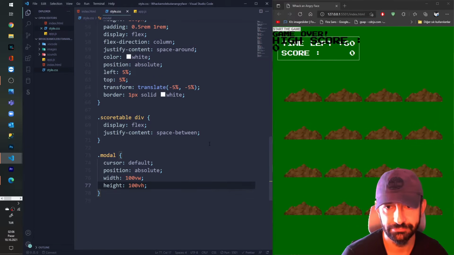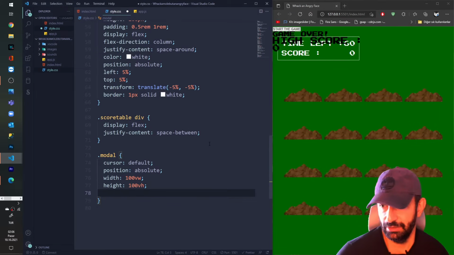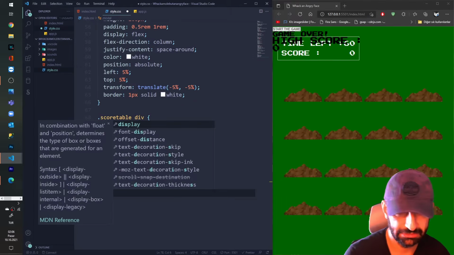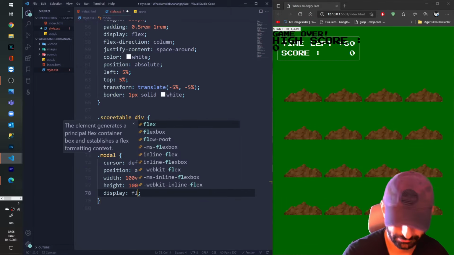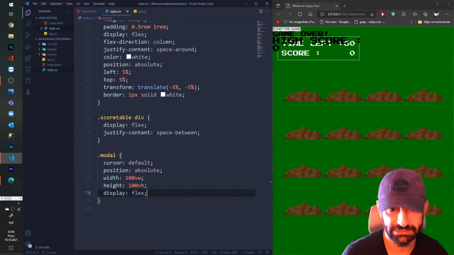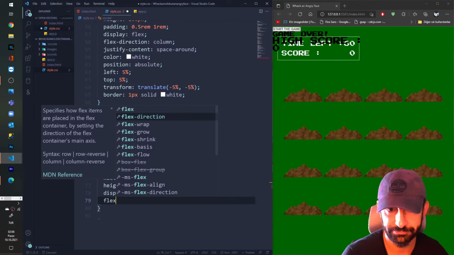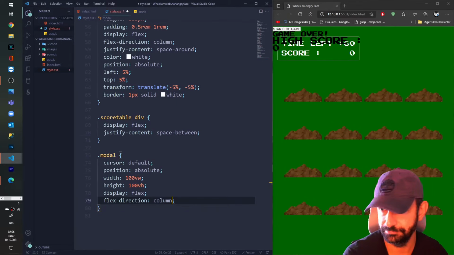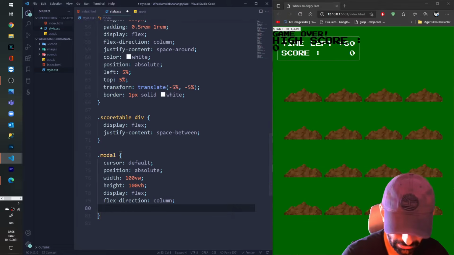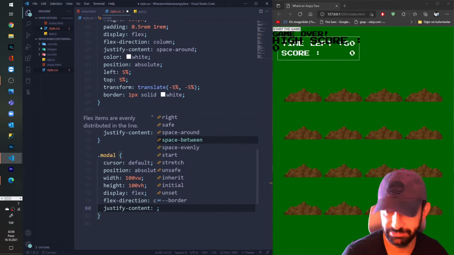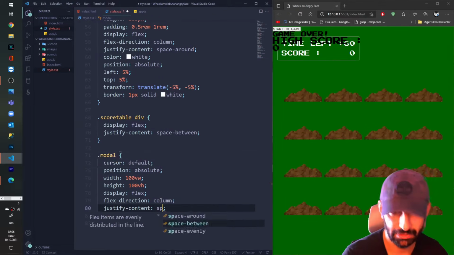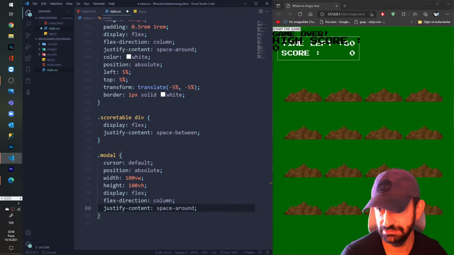Great. And I'm gonna say display flex. Flex direction column. Justify content space around.